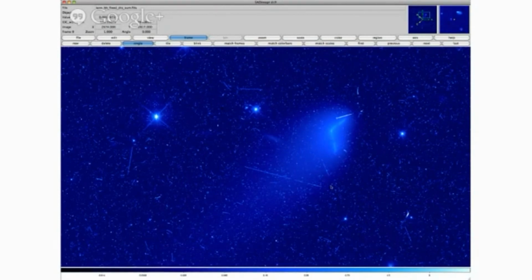But that's why I actually posted our cleaned up images. There's a link to it from the blog and also from the press release. So people who are interested in playing with the actual data in FITS format, if you don't know what FITS format is, you probably don't want to do that. But a lot of amateur astronomers, and including professional astronomers, are familiar with that. And so, kind of getting at the data behind the image, you can follow that link to actually get my version of the data, which took a lot of careful processing. Unfortunately, our routine pipeline doesn't do such a great job, so it really requires a lot of offline